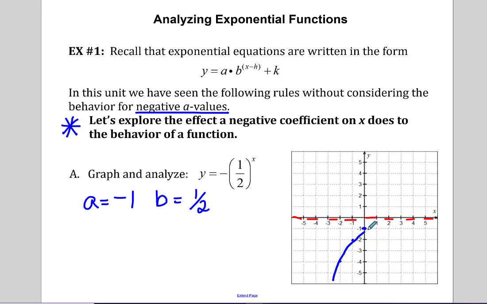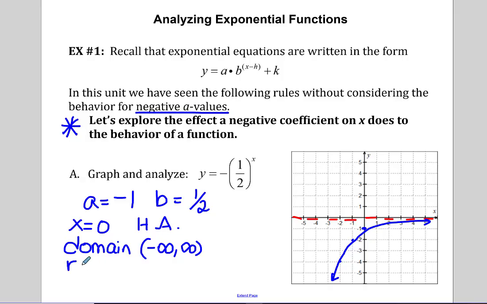It's going to increase and then go toward the horizontal asymptote as we move to the right. So at y equals 0, that's our horizontal asymptote. We have the domain is all reals. We have the range goes from negative infinity